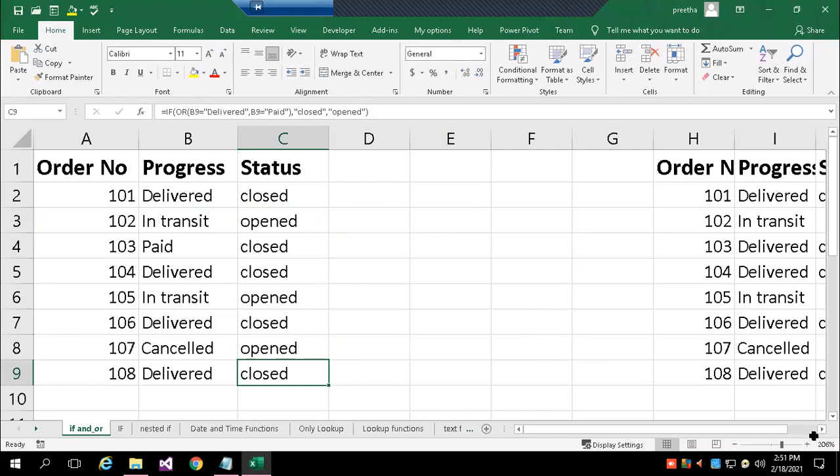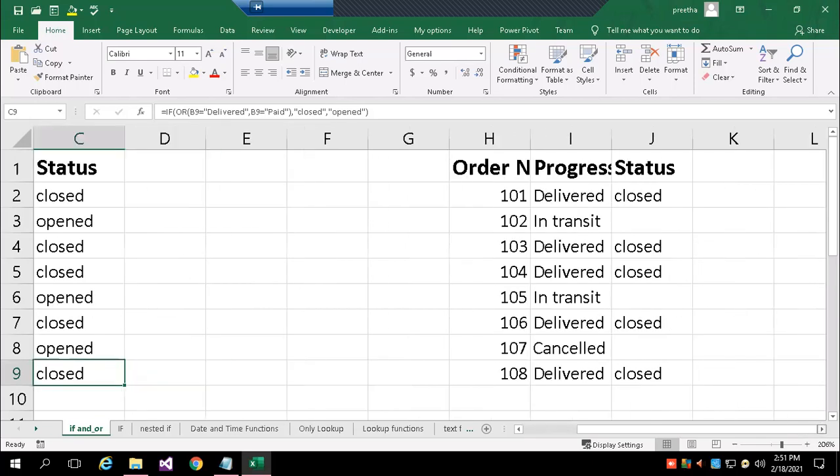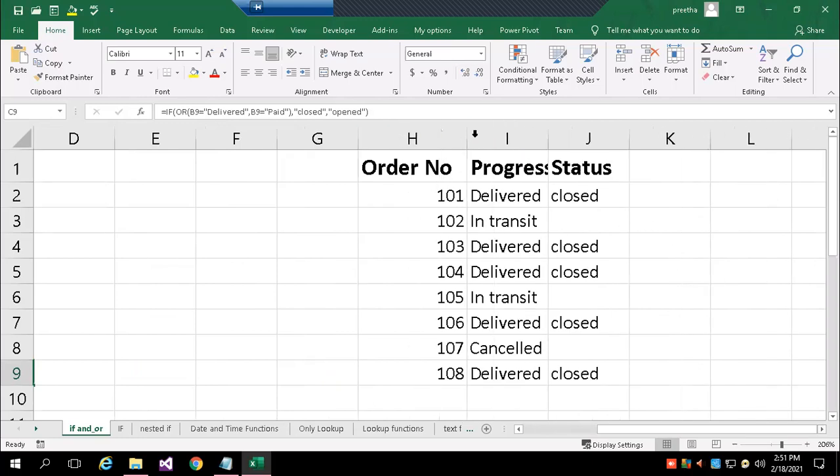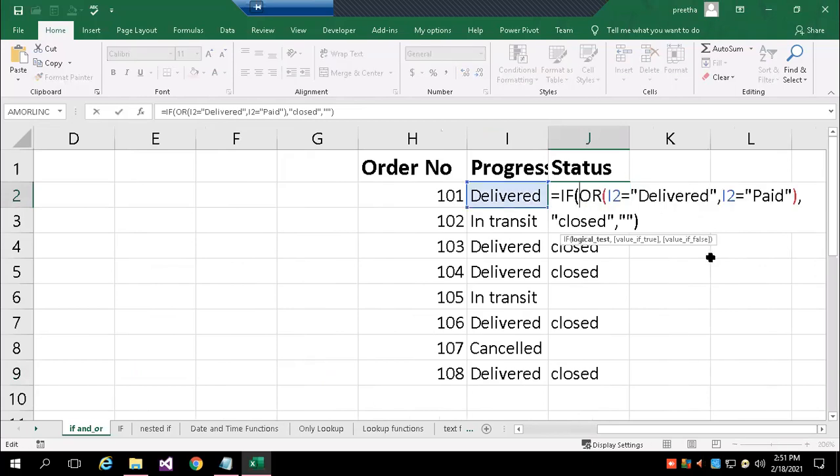Similarly, you can see another example. I don't want to write opened. I want to make the status empty.